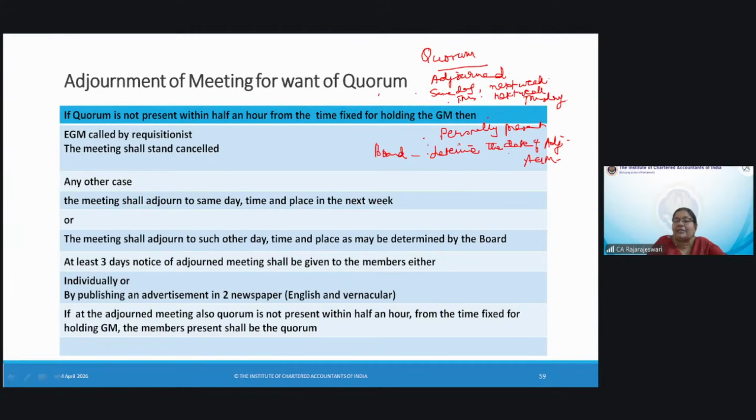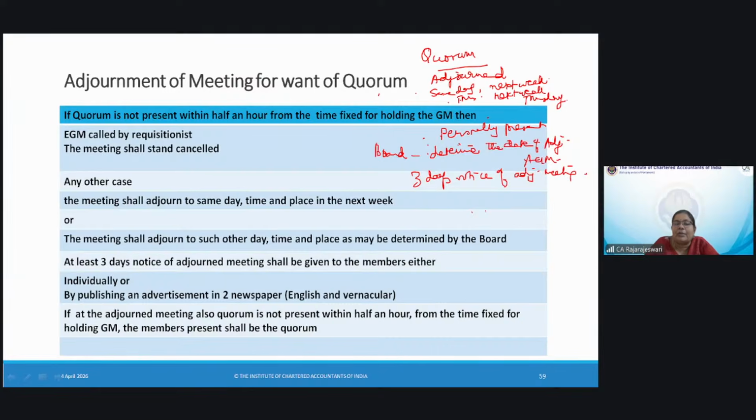You are keeping it on some other day, no? So for that, the shareholders will not know. So for that, you should have to give a notice. What is that? 3 days notice should have to be given for the adjourned meeting. That should be given individually, or you can even publish it in two newspapers, an English newspaper